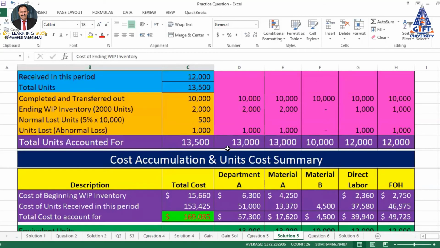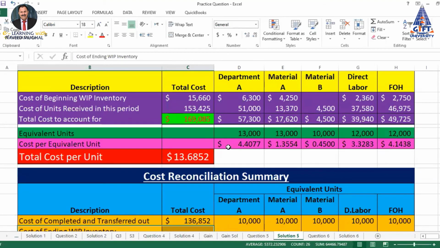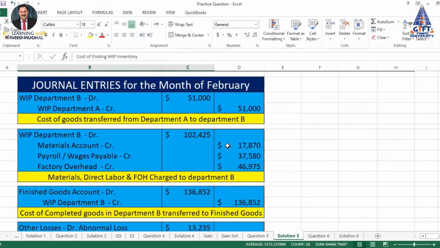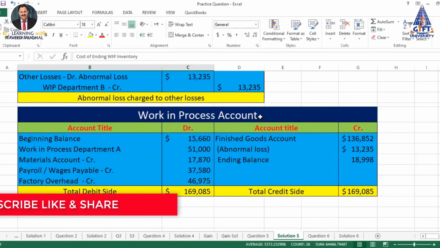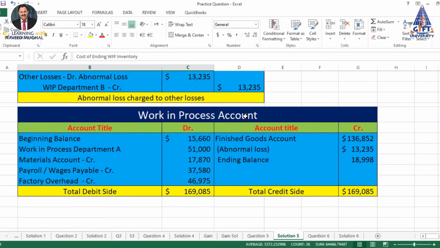In this way, we can have cost calculation in process costing when there is a normal as well as abnormal loss at the same time, and we can have journal entries for recording the cost and preparation of the work in process account. Hope you have understood all the concepts very well and can apply these to your numerical calculations, your exercises and your practical fields.